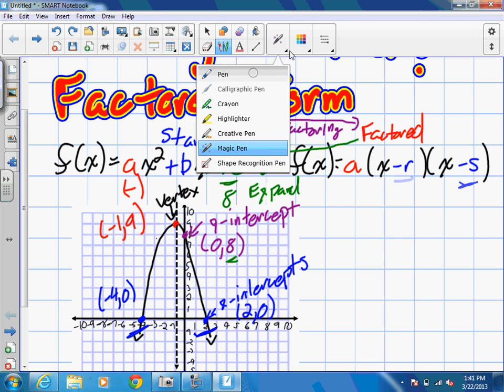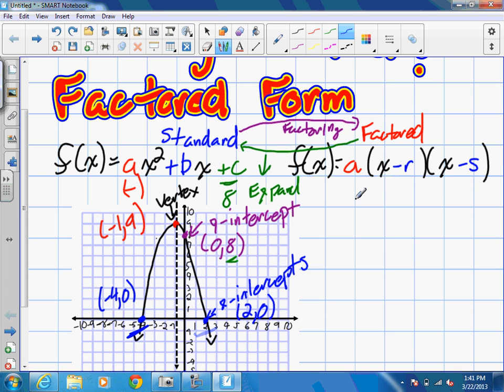Both values, one represents R, one represents S. And it doesn't matter which we call which. The first one we'll say is the value of +2. And the second one is -4. We're going to plug those in for R and S. Okay? So we have f at x is equal to, still have an A value,